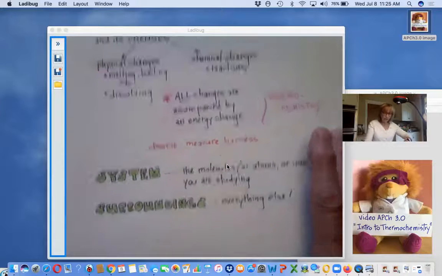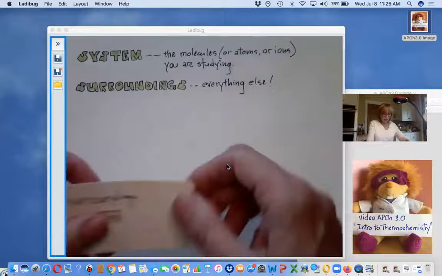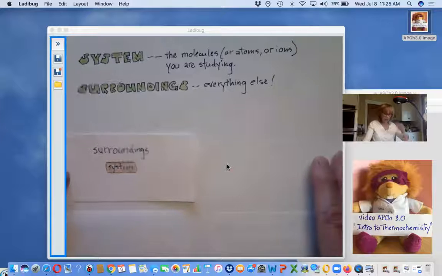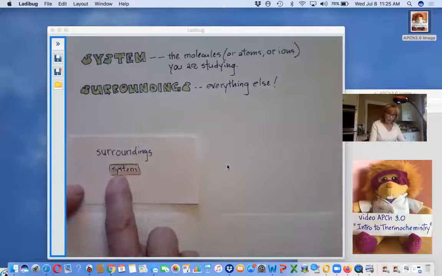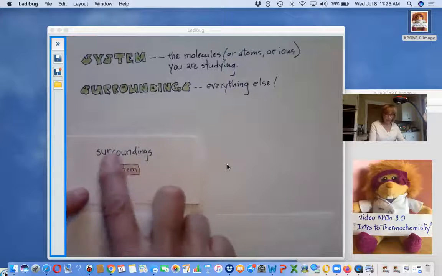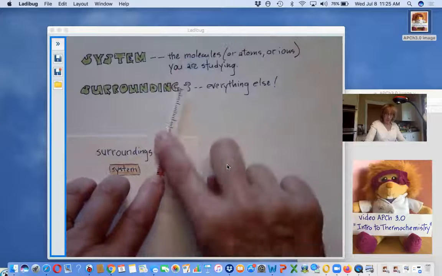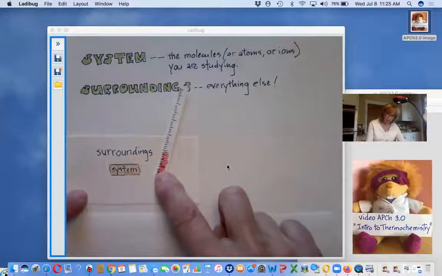All right, so let's look now at a graphic. Let's talk about some type of change that's happening. Let's just say it's happening in an aqueous environment. And so we have some particles that are doing the change, and then the surroundings, and let's suppose that surroundings in this case is some water. All right, so at the beginning, you're going to put your thermometer into the container and record or observe that